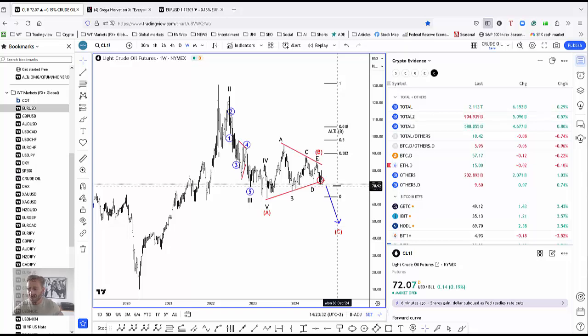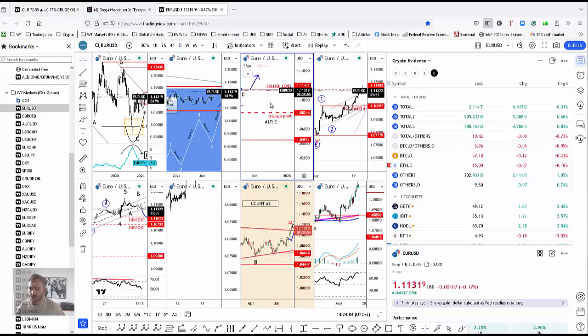So if this can happen this week, keep in mind that tomorrow we have Powell, who may announce a lot more about their rate policy, and if he will be very dovish, maybe even more than market expects, who knows, then we may expect that the dollar will continue even lower. And if crude oil will be falling at the same time, this could make us think that, as I said, inflation will be even lower, and this can be even more bearish for the US dollar. So with that being said, I will have a close eye on the euro dollar.